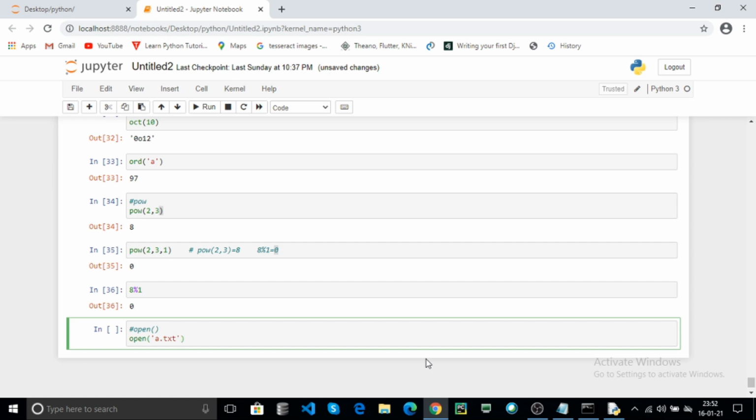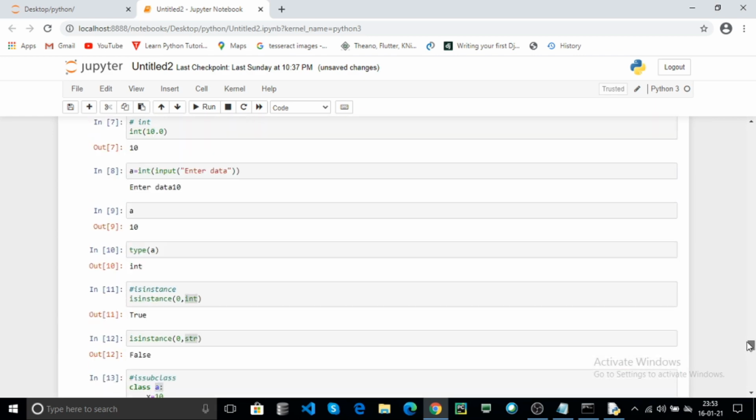The file is a text file. The mode is, if you want to write data into the file, you can use the write mode. If you want to read the data from the text file, you can use the read mode. This is the open function.